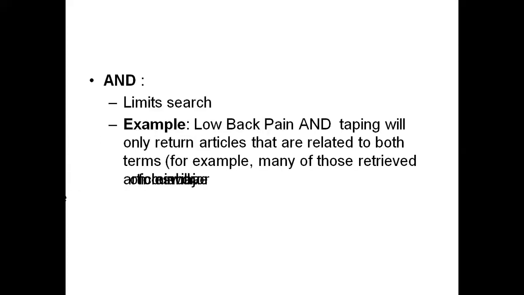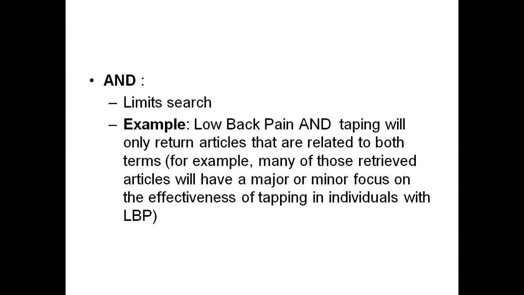If we have too much retrieval of those articles, and it's very difficult for us to find our relevant articles from that huge amount of literature, then we have to be specific and we have to limit our search. So we can use the AND for that purpose. The same keywords, low back pain and tapping, when they are combined with the word AND, that will only give the articles in our search results which have both low back pain and